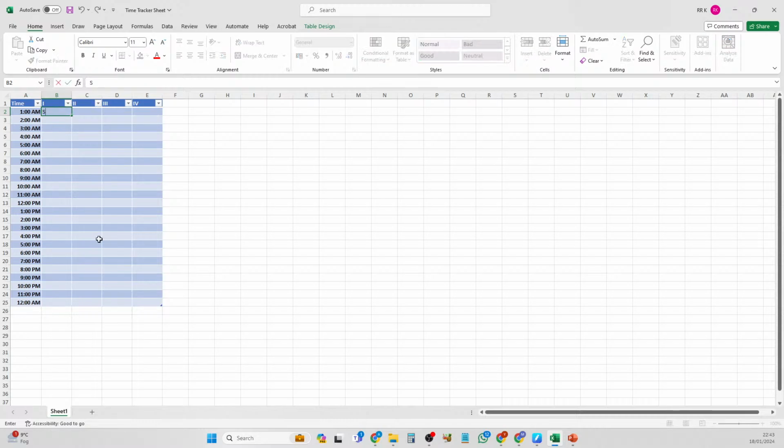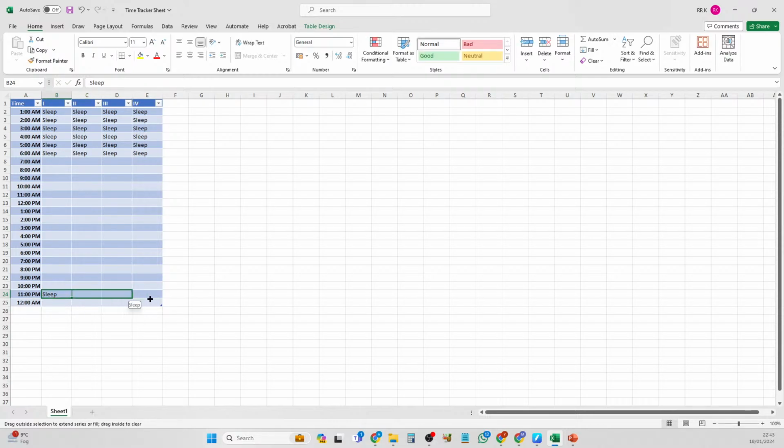There'll be certain things that will be absolutely necessary, like sleep. You cannot replace that. You will require a certain amount of sleep, and you may have to block that part out completely. Let's say for the entire night until 6 o'clock, if you are going to sleep, you can just block out that time. Some of you may not be awake after 10 o'clock, so you can even mark that as sleep. And this is just an example that I'm giving you. But this is how you will know where you can find time.